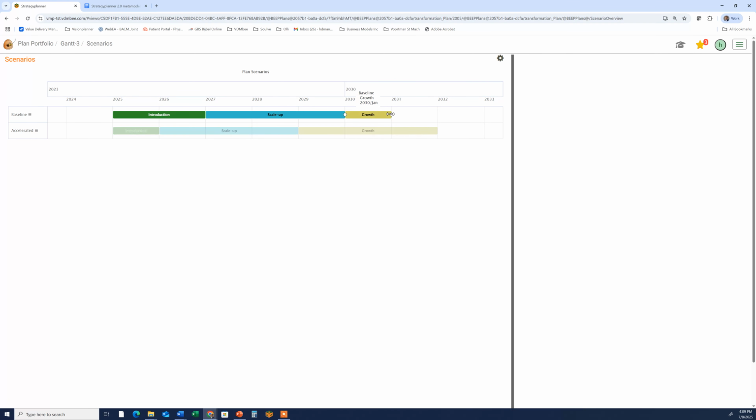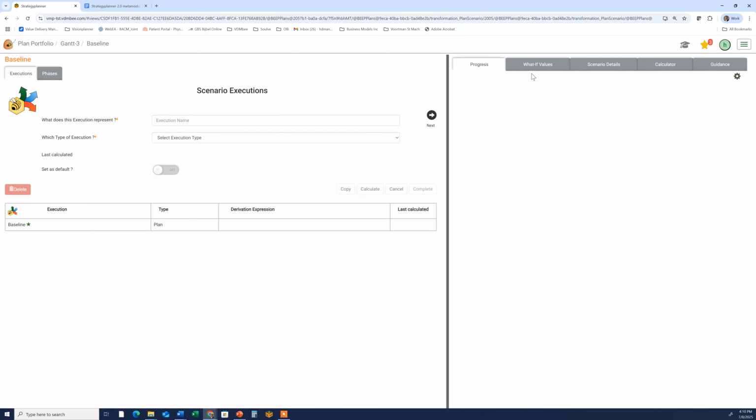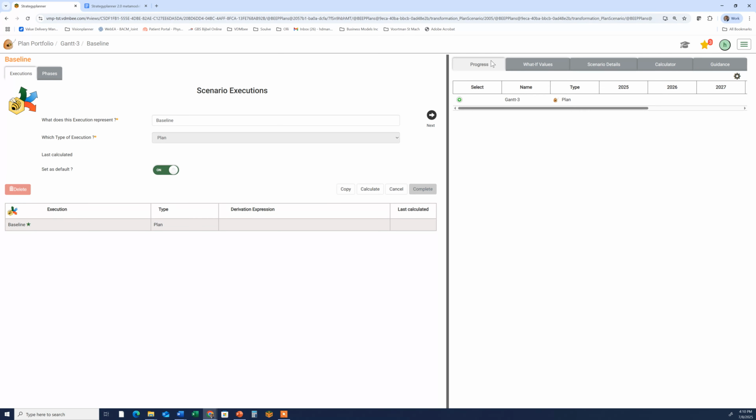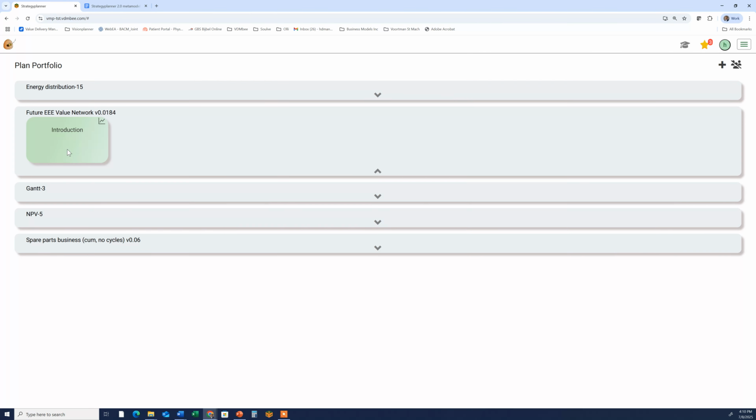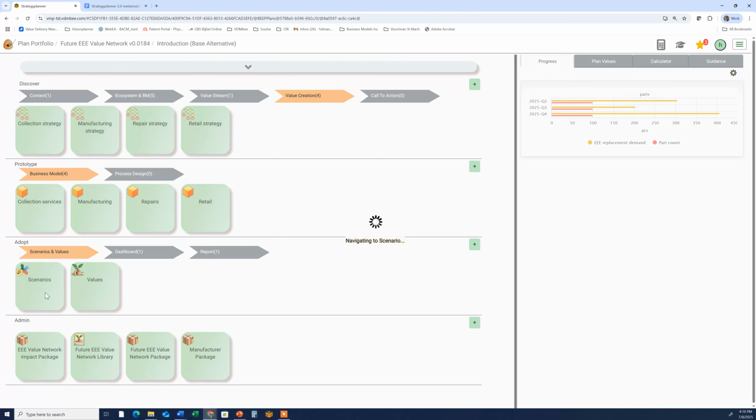You can change the number of periods here by drag and drop, but you can also set it by properties when you go into the details, or you set your constraints, or you change your play buttons for what-if simulation, those typical what-if values. If you do that, you see also here, for instance, a progress table. This plan does not have anything, but when we go back to the other plan here, and we go in its scenarios model, the Gantt chart here,